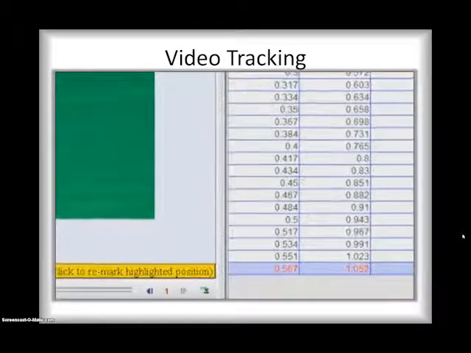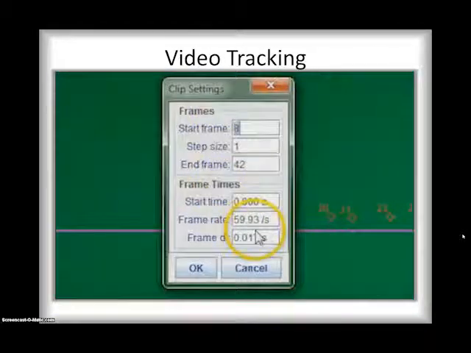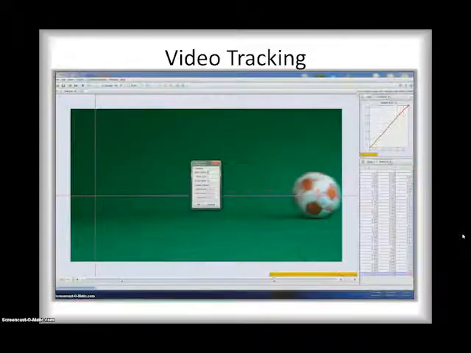Alright, great. And notice here that the frame rate was 60 frames per second, and the delta t was